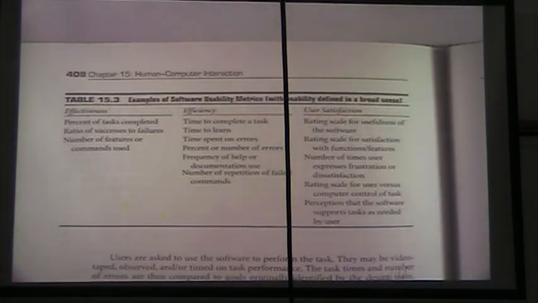All right, so it gives us some ways that we can have a usability metric. Under effectiveness, percent of the tasks completed, ratio of successes to failures, number of features or commands that were used,